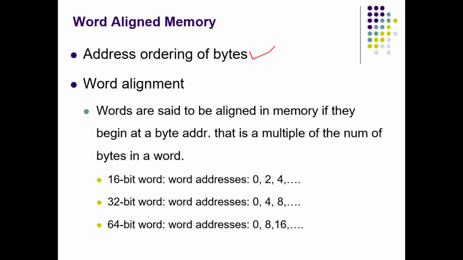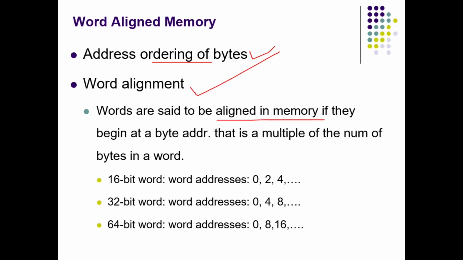Okay, we keep successive 4 bytes in a word and make sure that every word has 4 bytes and they are successive, so that the address is a multiple of 4. That is the example. It's an ordering scheme. Now, what is the word alignment definition? The same thing. Again, they have repeated it.